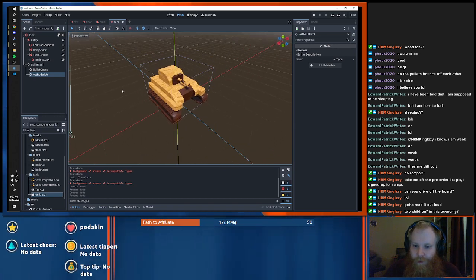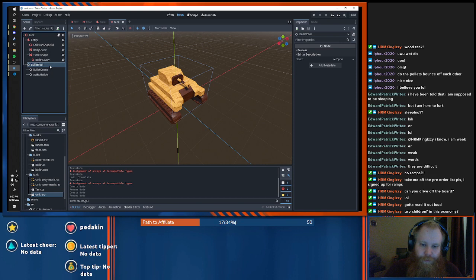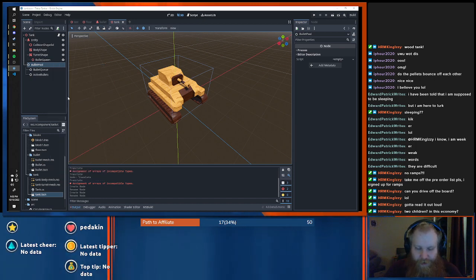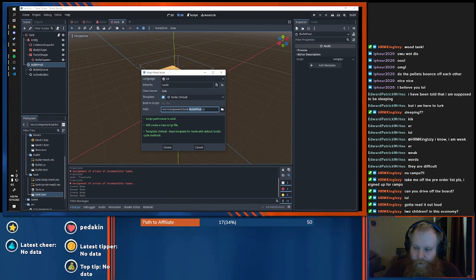So that means the bullet pool is going to have some sort of logic to it, so we're going to put a script on it. I'm looking at it. Am I not? Is there not an attached script? That's what it is. Buffering for me. Oh, I don't know why. I'll reload.